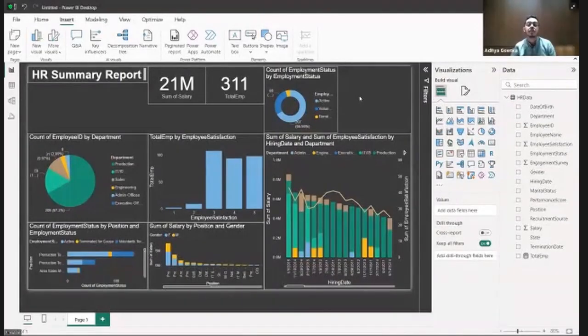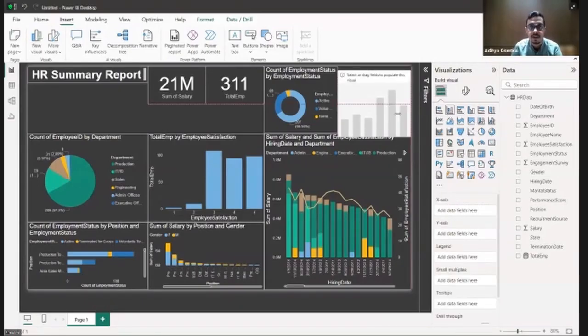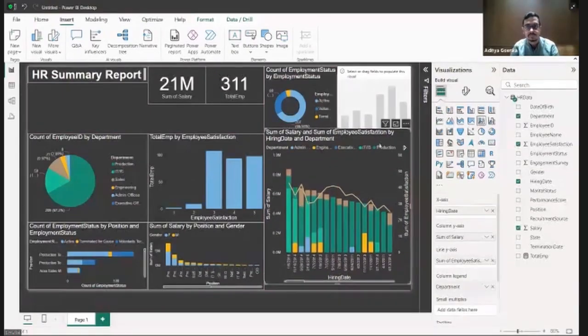And let's say the boss also wants to know what is the total number of employees for both the genders. Okay, the boss wants to know that as well. So what we'll do, we'll create a stacked column chart for it. We'll place it over here. Let us resize it.